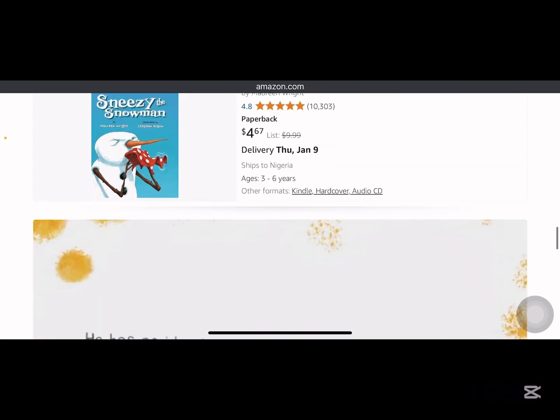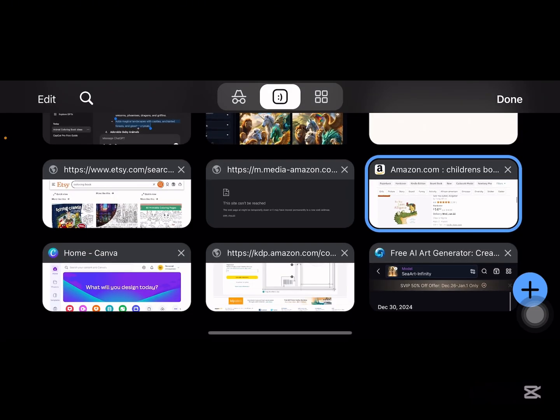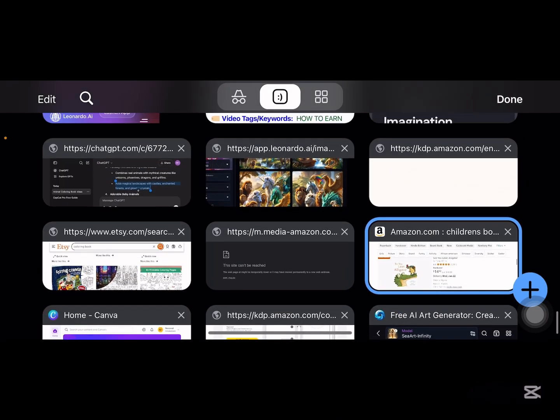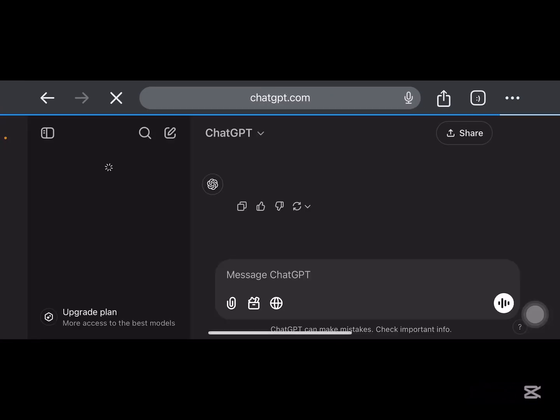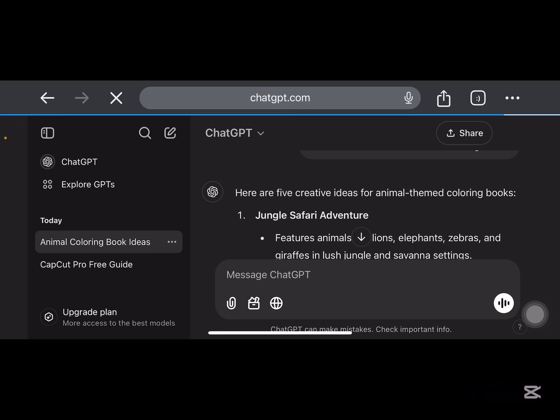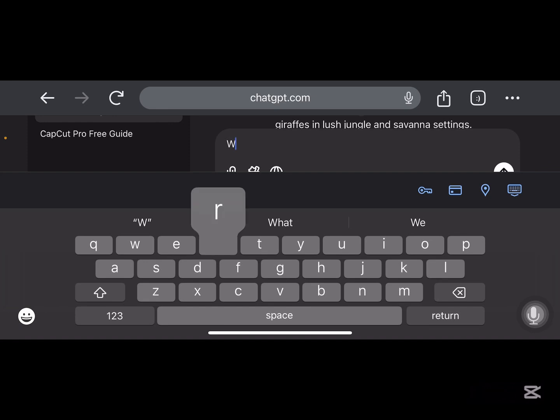Now when you have decided on which niche you want to join in this children's book, we are going to go over to our ChatGPT, because that's what we are going to use to write out the children's books and everything. Now you are going to write out what you want your story to be all about. I'll write here,